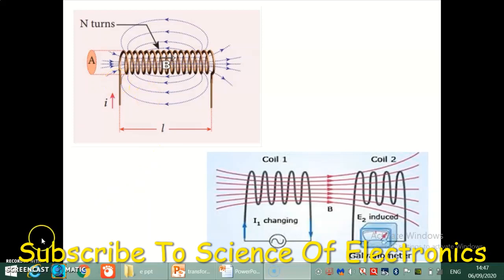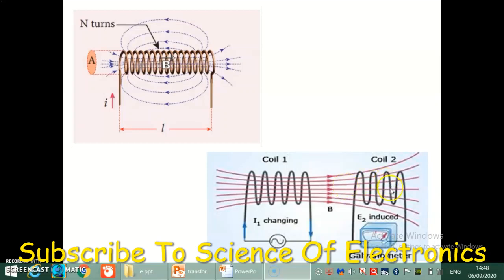Similarly, mutually induced EMF. Now the coil which is supplied with AC current is called C1, and the coil which is placed near it is called C2. When C1 is supplied with AC current, due to the changing or alternating flux generated, this alternating flux gets linked with the secondary coil, C2, and in that C2 coil also EMF is produced.